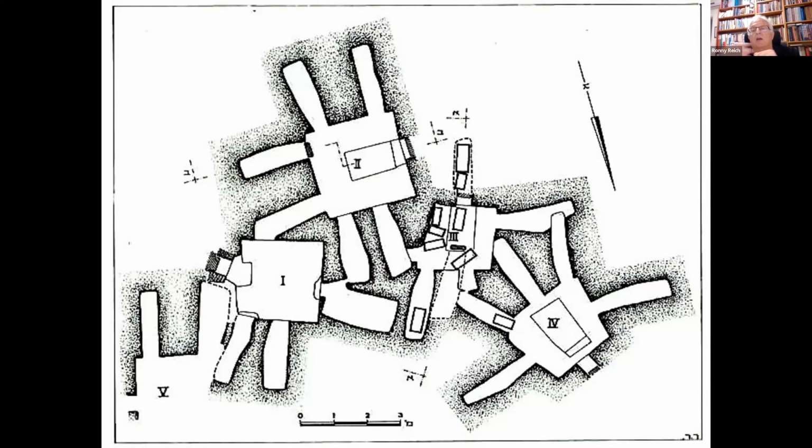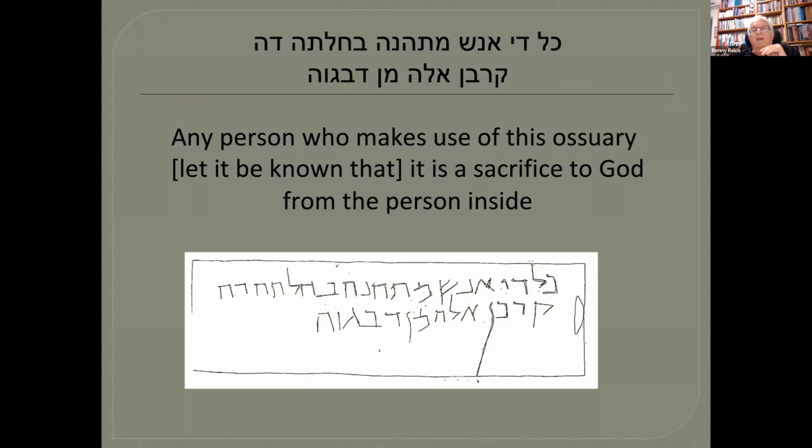is containing ossuaries. These are the small rectangles inside it. That means that the other ones were cut out and used before ossuaries came into use in Jerusalem. But then if you one day reach the depository of the Israel Antiquities Authority in Beit Shemesh, please let them take you there to see the storehouse of the ossuaries. Several hundreds, maybe thousands, are stored there. This is something extraordinary. And finally, one of them, just to show you the inscription,